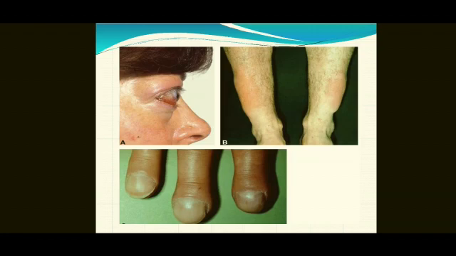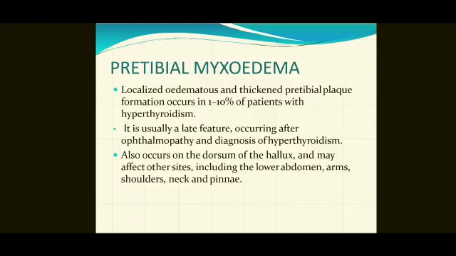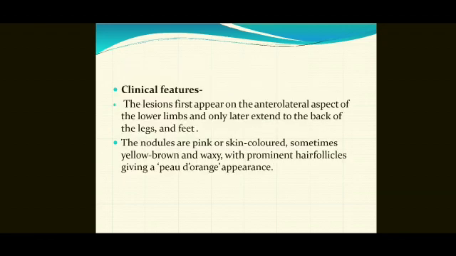thyroid acropathy. Pretibial myxedema, a localized edematous thickened pretibial plaque, occurs in 10% of the patients with hyperthyroidism. It's usually a late feature occurring after ophthalmopathy and diagnosis of hyperthyroidism. It also occurs on the dorsum of the hallux, and may affect other sites including the lower abdomen, arms, shoulder, neck and pinna. The lesion first appears on the anterolateral aspect of the lower limbs, later extending to the back of the